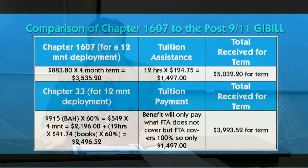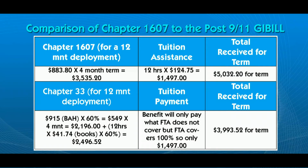Now, what we're going to do is a rough comparison of Chapter 1607 versus the Post-9/11 GI Bill for someone who has deployed for 12 months only. If you look, you will see Chapter 1607 for a 12-month deployment, $883.80 times a 4-month standard college term gives you $3,535.20. Then you have your tuition assistance. Let's say the cost per credit hour is $124.75, and you are a full-time student taking 12 hours. That gives you $1,497